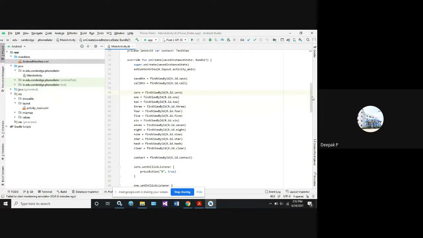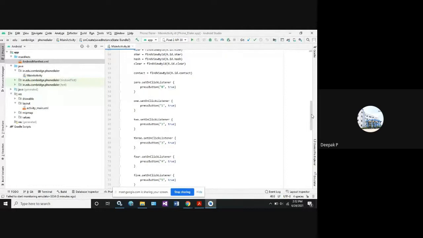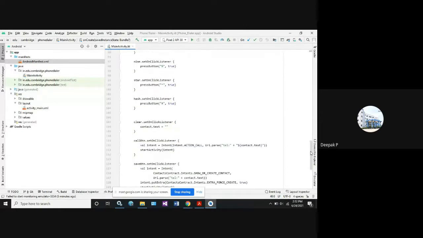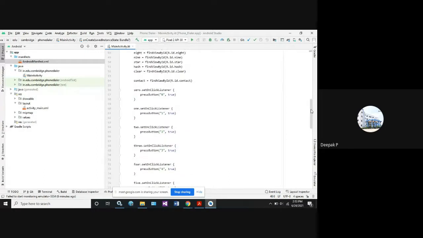Okay. When we start to write the details, the first important thing is we need to save it as contact. So for that purpose, contact equals findViewById R.id.contact. Whenever you click on this, it goes to the code part of the contact, or to the function definition. Now, based on the values that we are going to select as the numbers, TextView 0, whenever you click on that number, the activation takes place. Android is listening through the function called onClickListener, saying that the user has pressed the button 0.